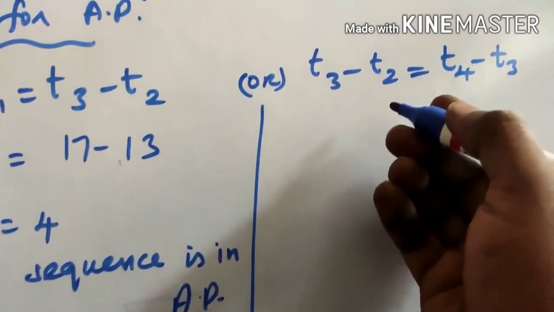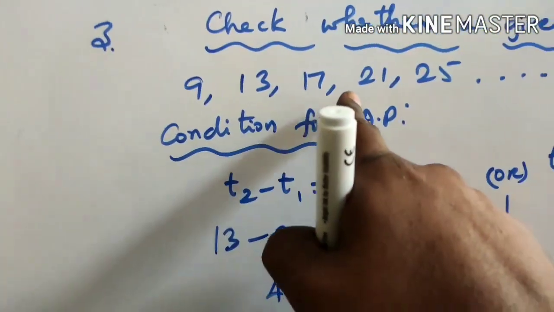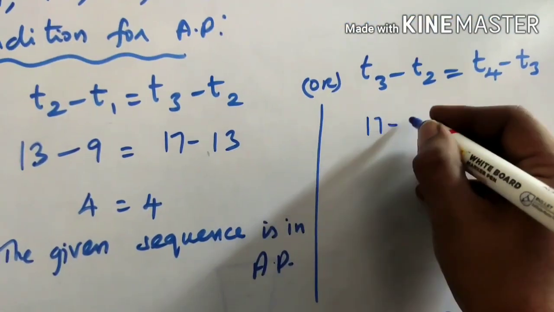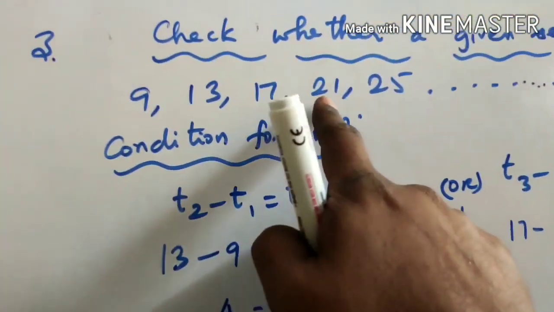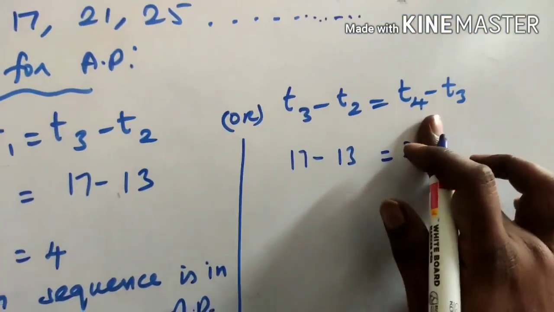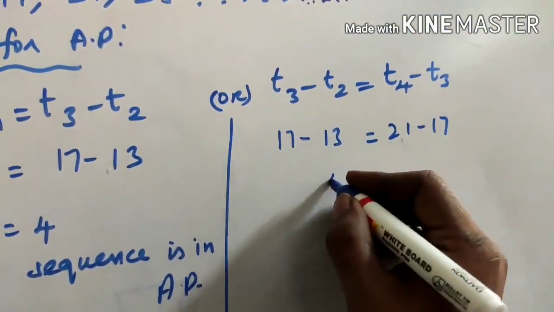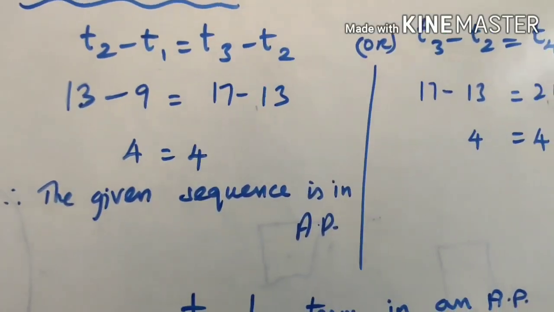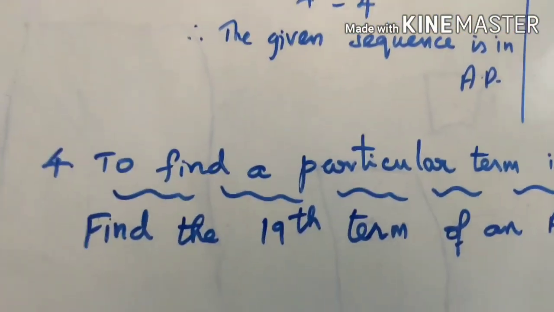If you do the same, see here, what is T3? 17 minus T2, 13. 17 minus 13 equal to T4 minus T3, 21 minus 17. 21 minus 17, you get 4, equal to 4. So the same answer you are getting. Okay, right. Next,